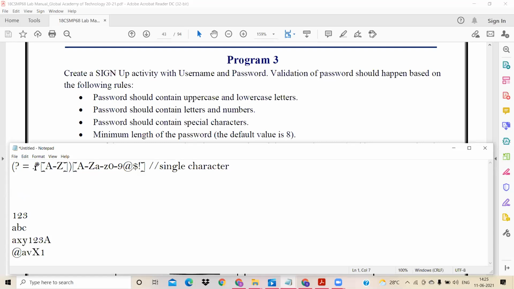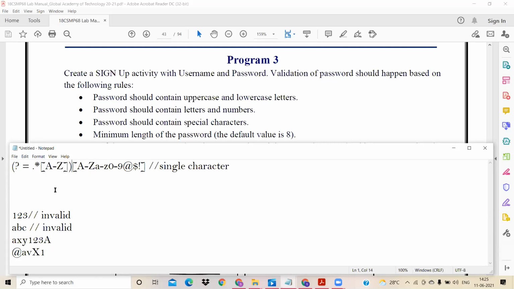Dot star indicates that dot can be any character, it can be 1, 2, 3, followed by at least one uppercase character, which can be in the range A to Z. So with respect to this regular expression, this becomes invalid, and this also becomes invalid, because in both cases I don't have an uppercase letter. Now, these two have become valid as per this regular expression.